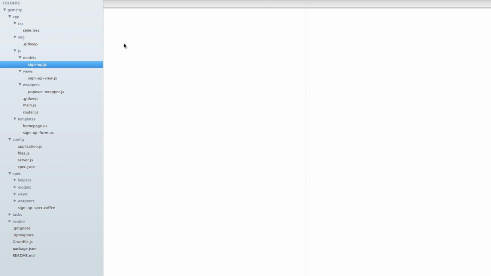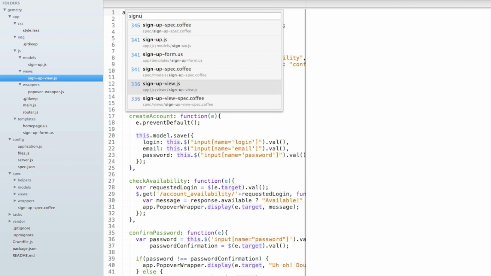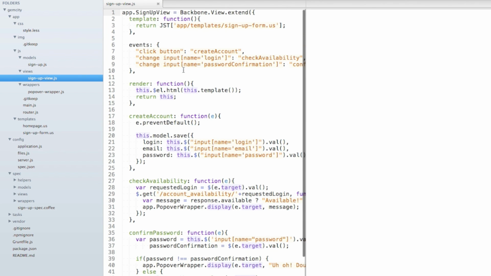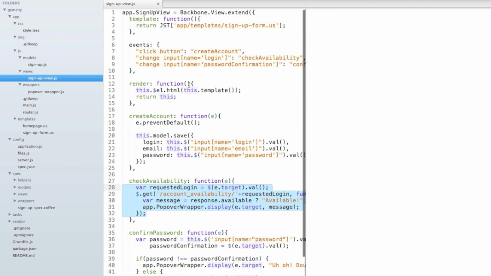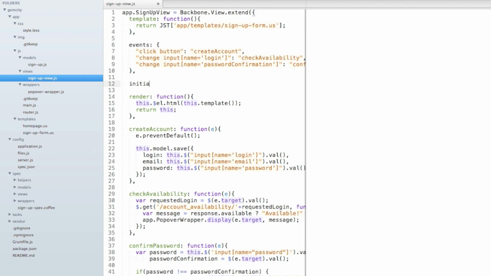So our backbone view here, if we open it up, is still doing almost all the heavy lifting. Almost all the behavior is still hiding. But by being named, by using normal functions and just sort of the object-oriented stuff in our toolbox that we normally have, now we have the opportunity to start seeing this pane a little bit more clearly. Hey, this check availability function is doing a few things. Maybe I can pull that out into a helper and just pass by reference. Hey, this confirm password thing, maybe I could make that some aspect of forms and make a dynamic mix-in so that any backbone view that wants it could have an API like, just spitballing here,